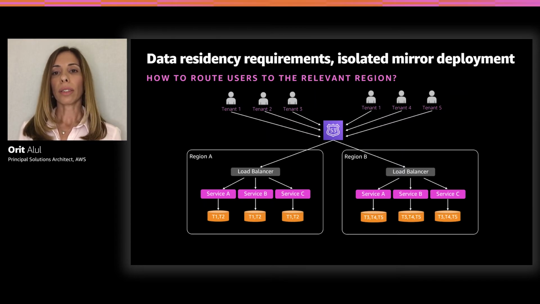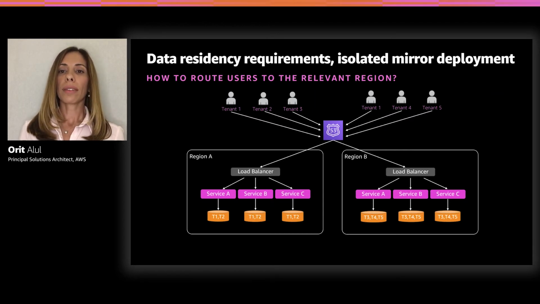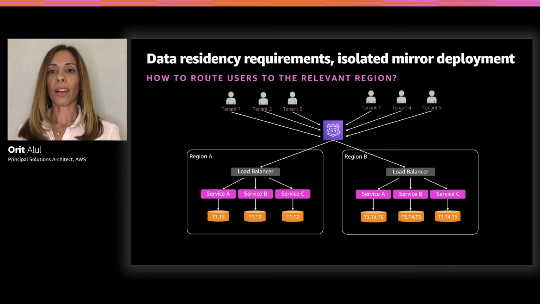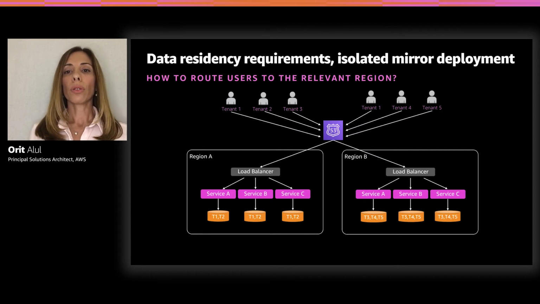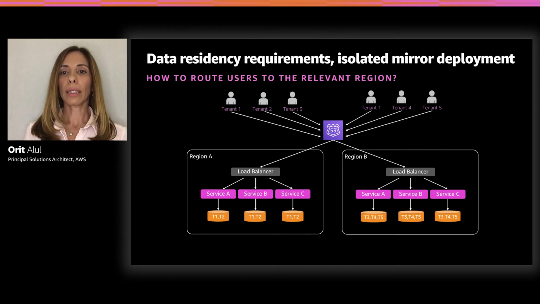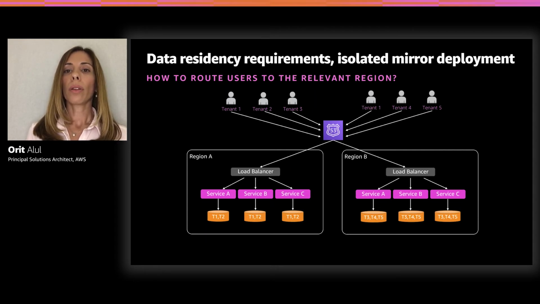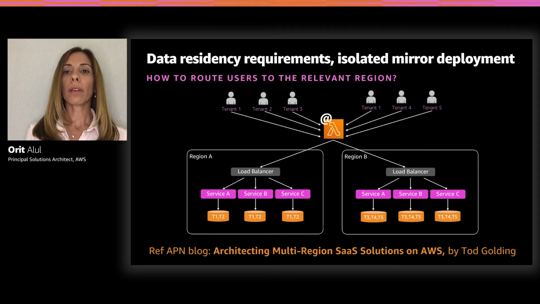But usually, applications have several APIs, right? And we wouldn't like to have a separate subdomain per API per tenant, right? We would like to keep things simple. Therefore, what we can do is use this approach only for authenticating the users. And once a user is authenticated, we can embed the tenant's data within the application URL. Then we can use Lambda@Edge to perform more intelligent routing. I encourage you to read the blog post mentioned at the bottom of this slide, written by Todd Goldin, that dives deeper into this use case.